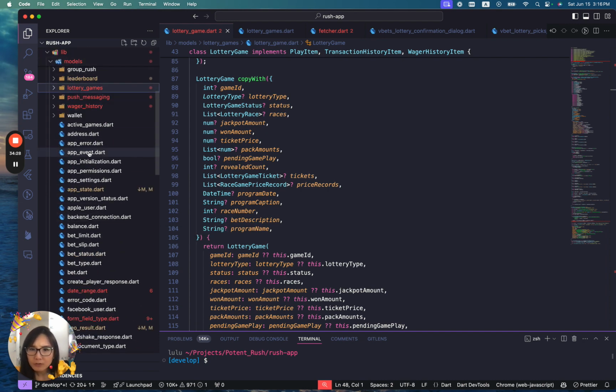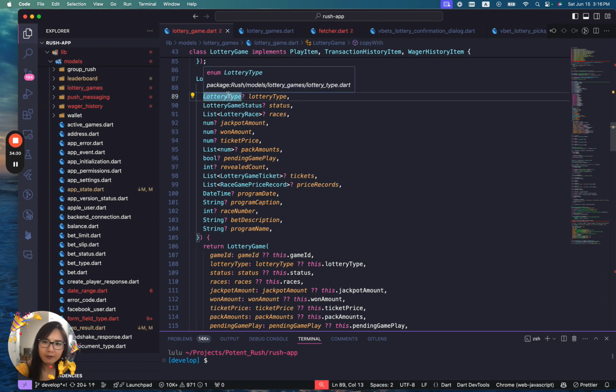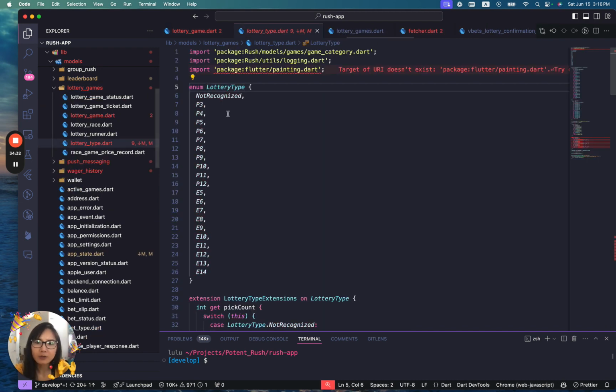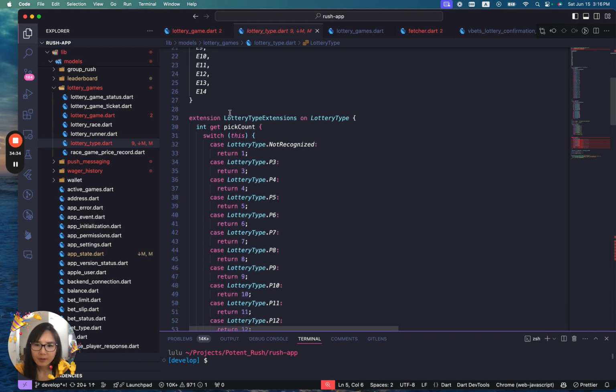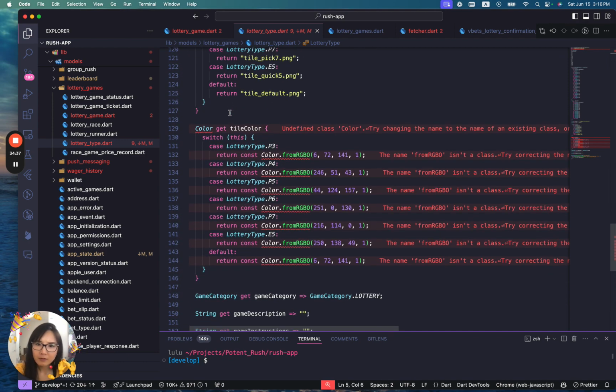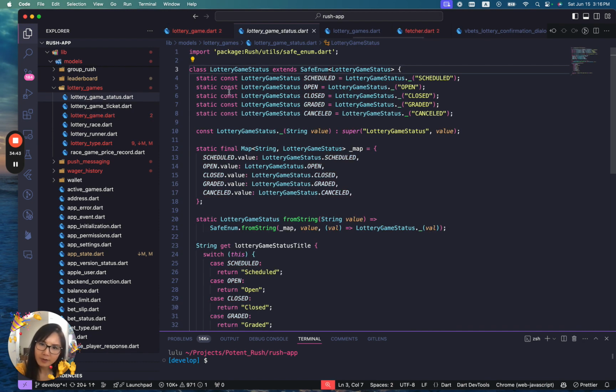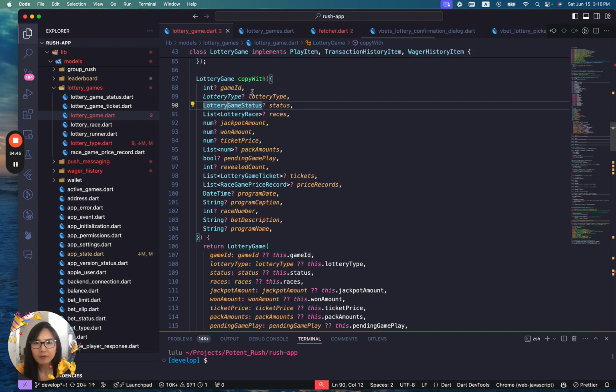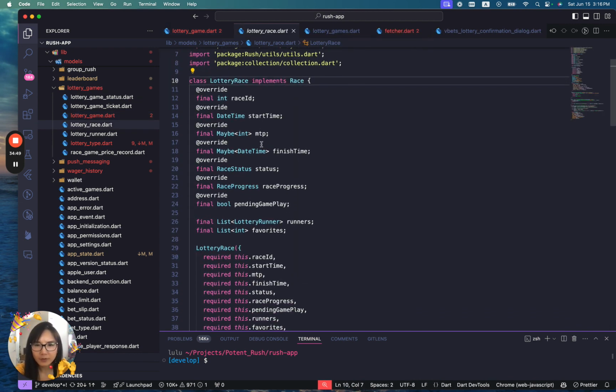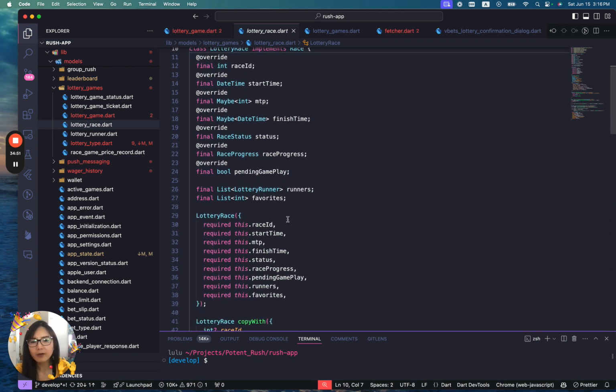Then you have model, so each state, for example, the lottery type as enum, or a game status. This is a safe enum, and so another type. Let's see, lottery race, extend race. So this is a typical